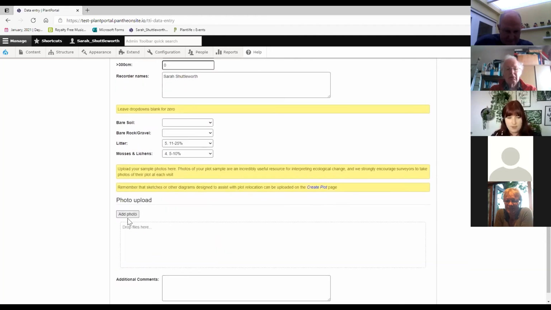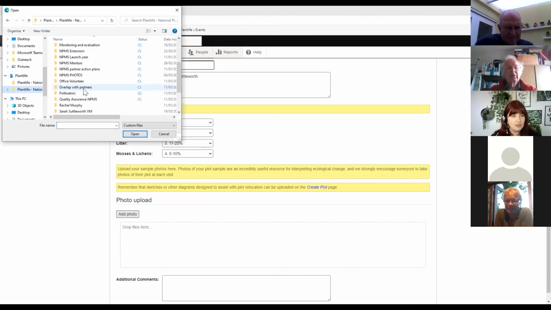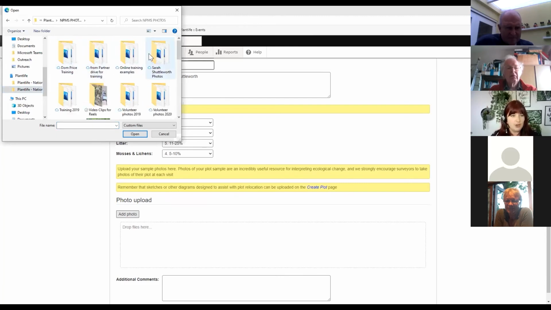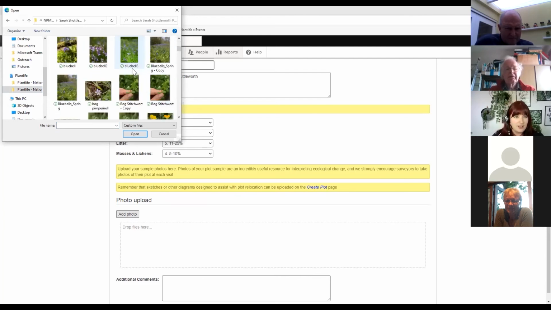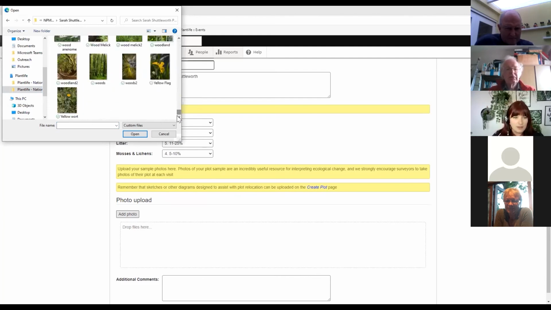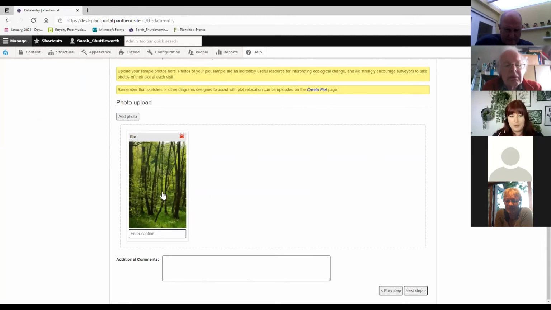Going to put our photo in there, lovely wood. Let's, for the sake of argument, fill that in so everyone can see. So you literally just want to go to your relevant file where your photos are, and I think I've got a woodland. There you go. I put a picture of a wood in now. So imagine that's taken from the southwest corner, and we put in some additional comments